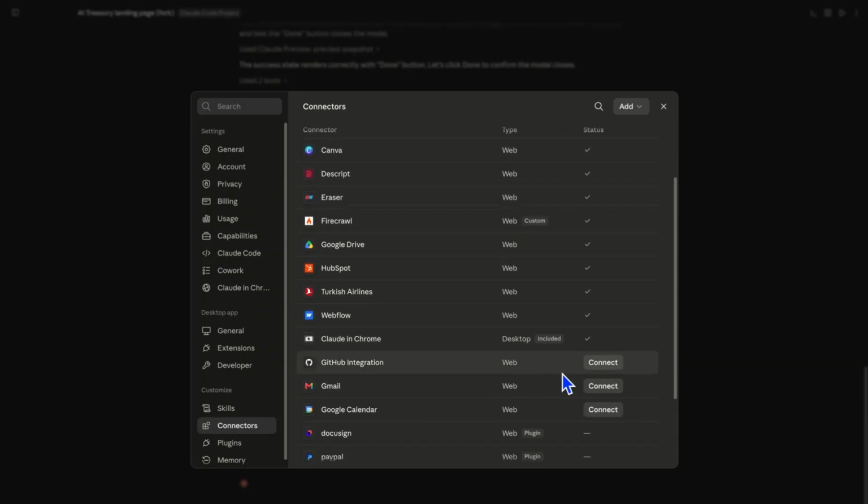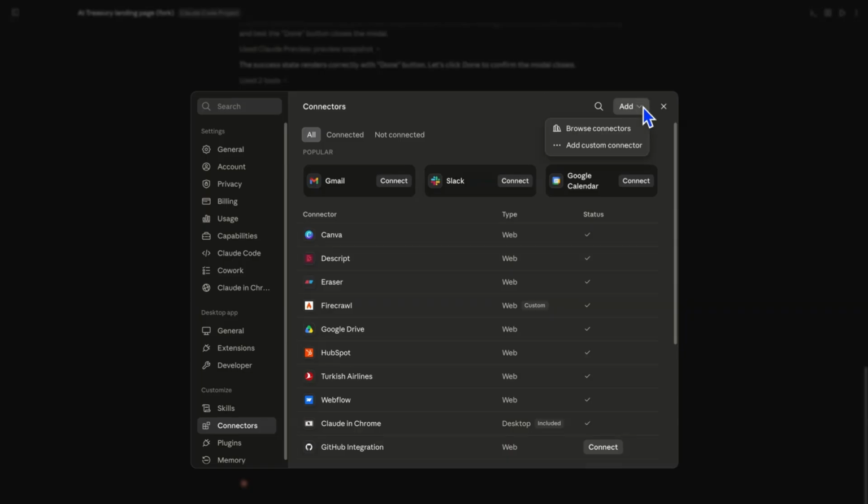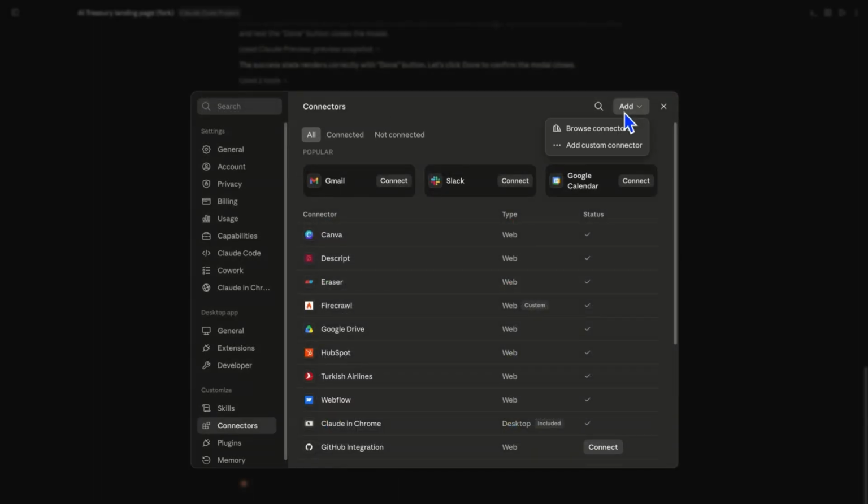And if something's not connected, you'll see the status right here saying Connect. If you want to find more apps, you can do that by selecting the Add button, either by browsing connectors that Claude already has connections with, or you could also add a custom connector. I'm going to use Google Drive as an example, and I already have Google Drive connected, so I'm going to